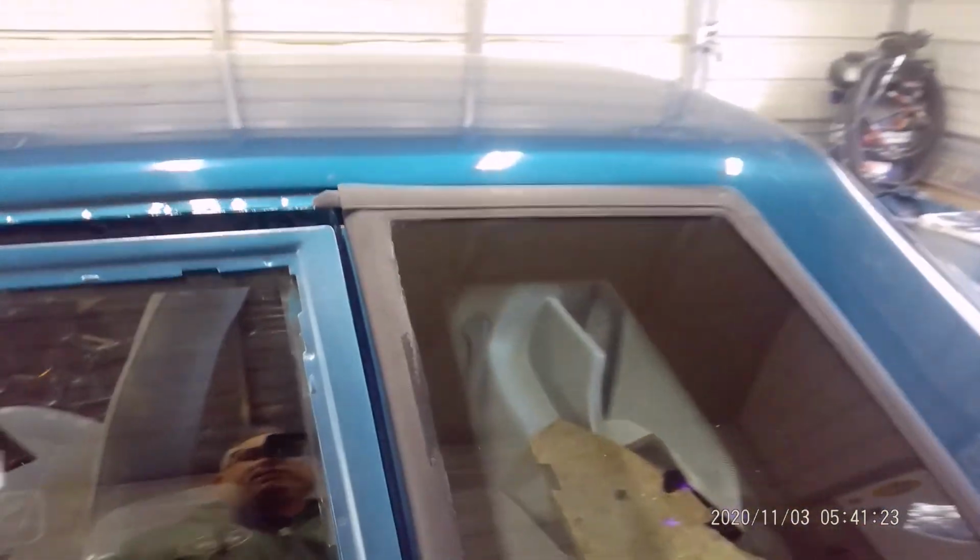Alright everybody, the quarter glass is in. Check it out. It's in. We used a little urethane to glue them in. Then I'll show you if we can. I don't know how the lighting is, but you got